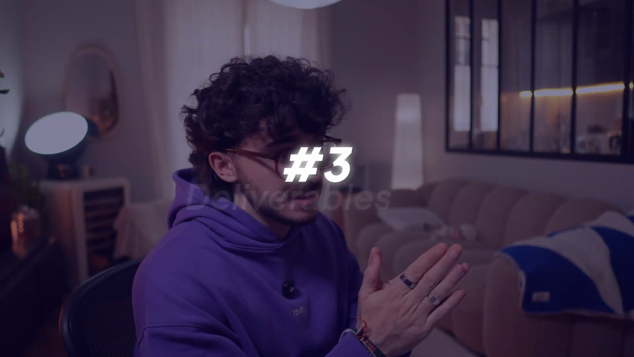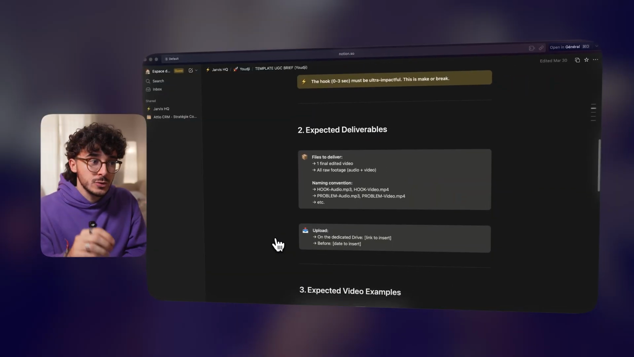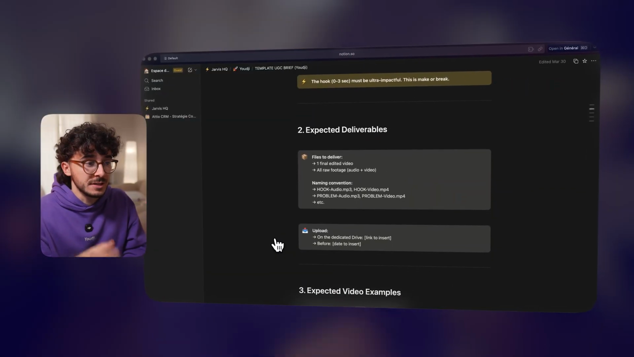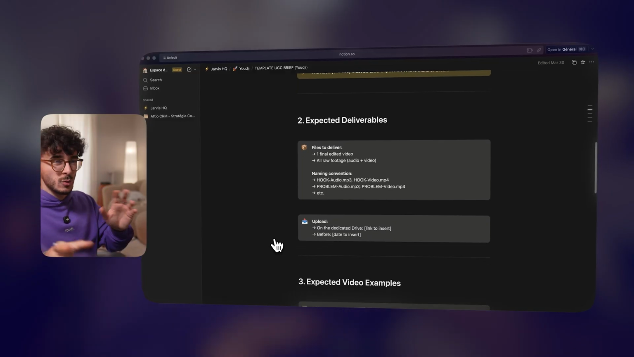All right, section 3, deliverables. One last thing that most people forget about is how the creator delivers the files. This sounds boring, but trust me, it will save you so much pain. In our template, we ask creators to deliver one final edited video plus all the raw footage, depending on what you ask, like